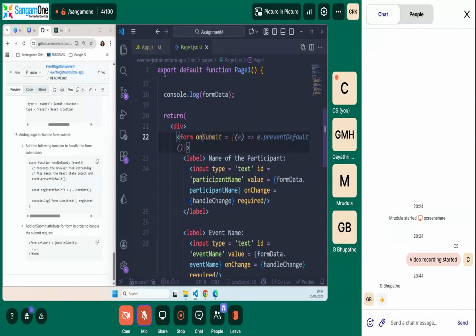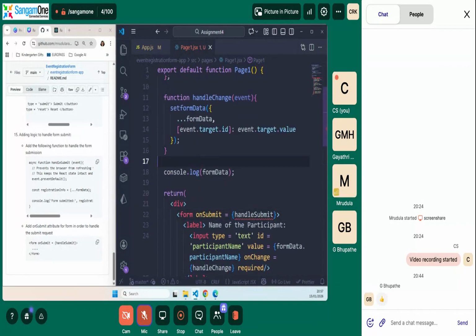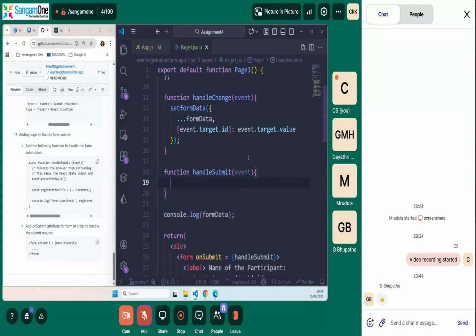So we say onSubmit is equal to, we are going to add a function called handleSubmit. So we will say function handleSubmit of event, and then brackets. Okay. Now here what we need to do is add something called event dot